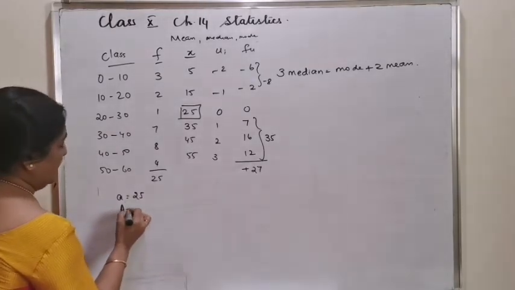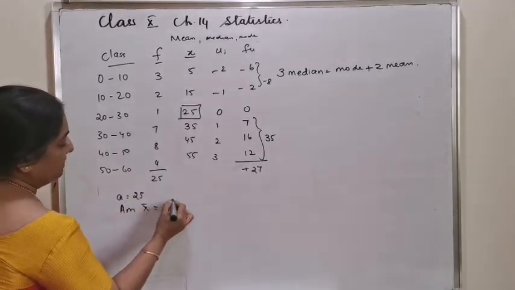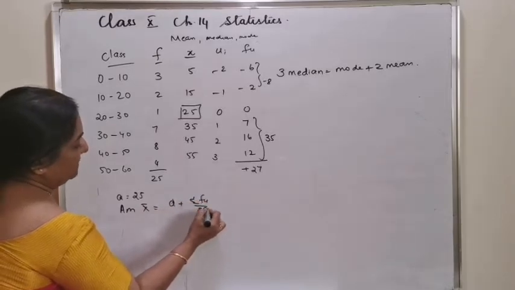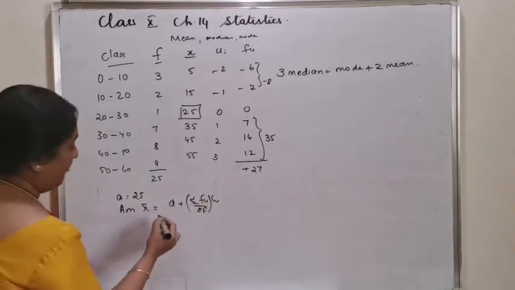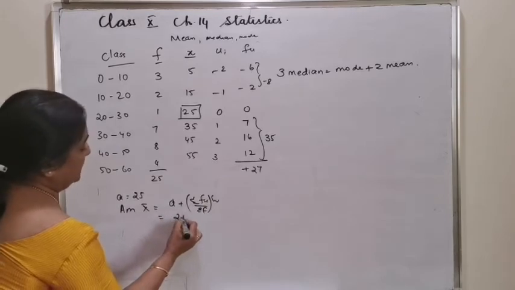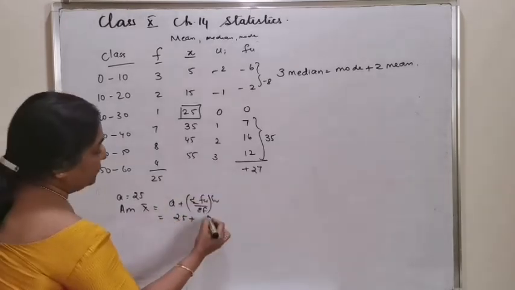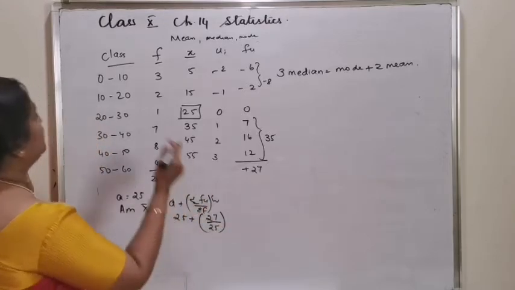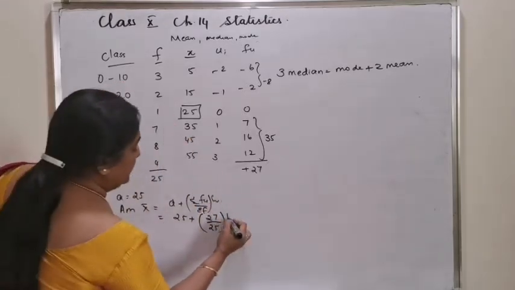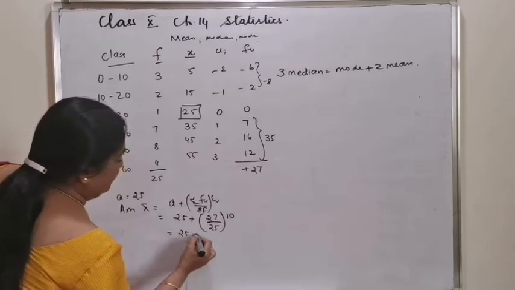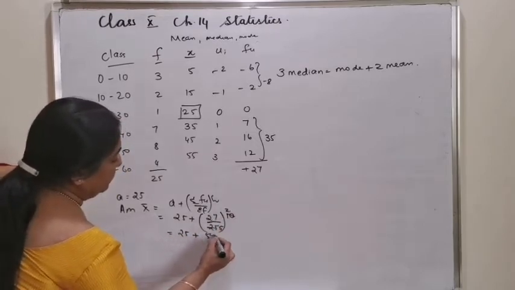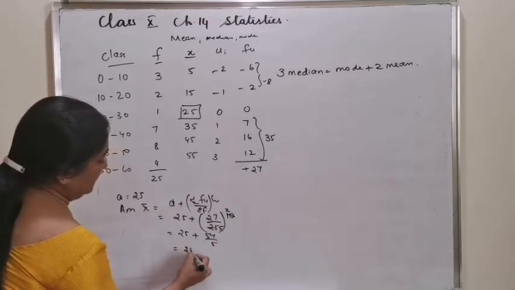So arithmetic mean x bar is equal to A plus sigma f u by sigma f into h, which is the same as 25 plus sigma f u is 27 by sigma f is 25 into the class interval is 10, which is the same as 25 plus